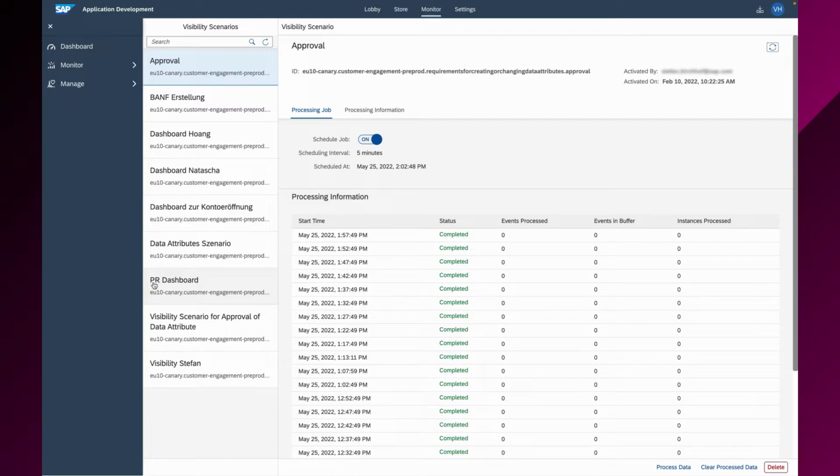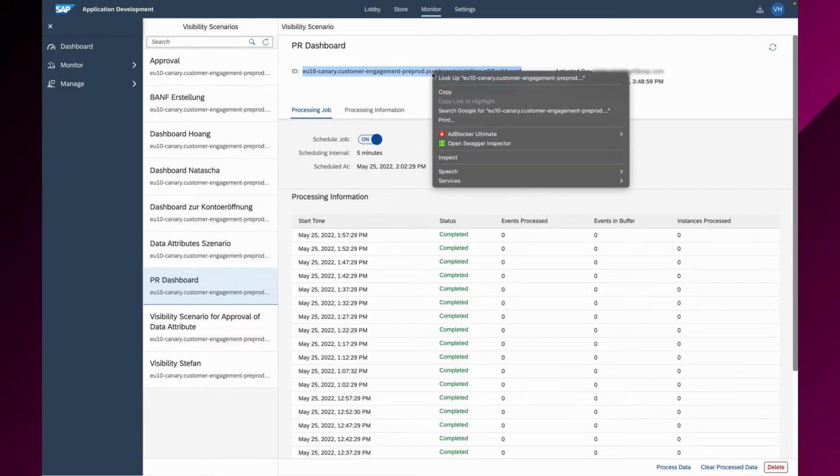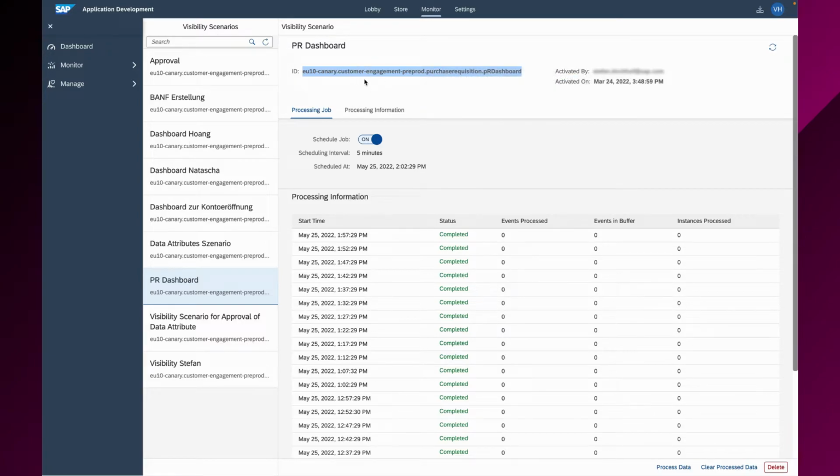In this case, I call it PR dashboard, as you guys remember. And here I need to activate the schedule so that all the events are being pulled every 5 minutes. I also note down the ID because this ID I can now insert as a tile within the Launchpad service. So what I do is now copy this link and use it later in the Launchpad service. So now moving on to the Launchpad service,